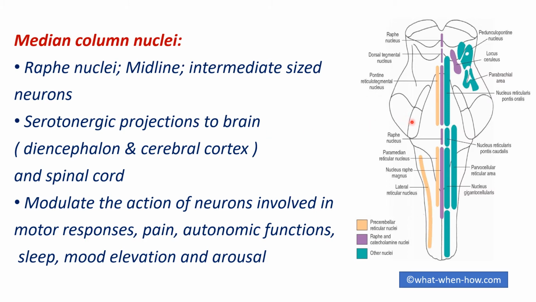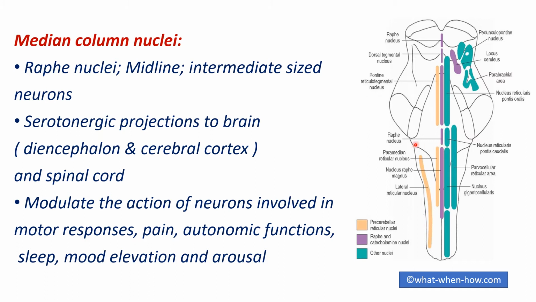Apart from specific motor and sensory neurons in the brainstem, we have said that we have certain non-specific nuclei. In these non-specific nuclei, we do not include the specific groups of cell bodies of neurons that form the cranial nerves. That is, the cranial nerve nuclei are not included. The motor and sensory nuclei and relay nuclei for ascending and descending tracts are not included, like the medial lemniscal system for posterior column tracts.